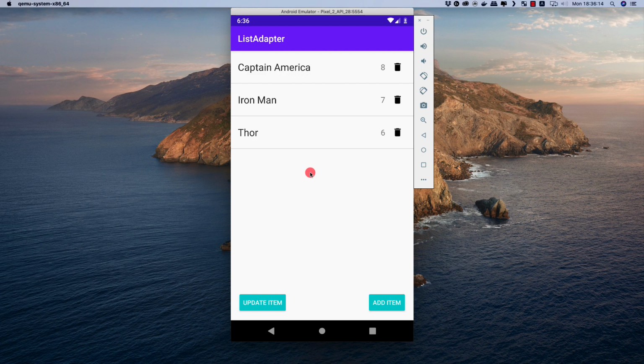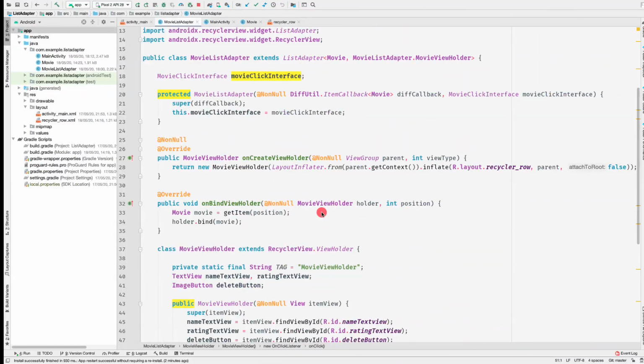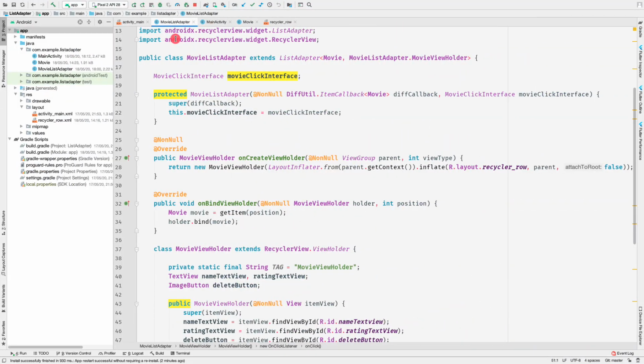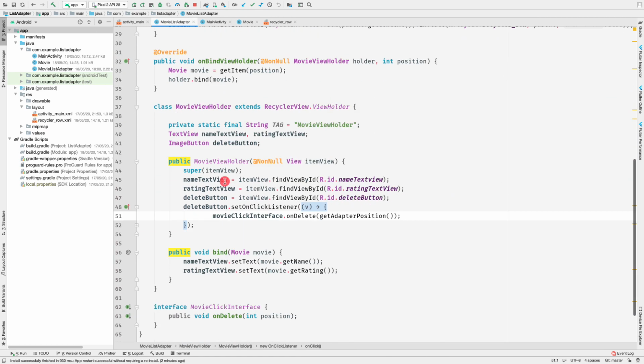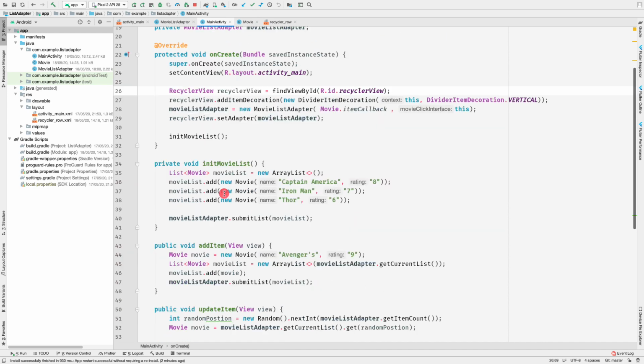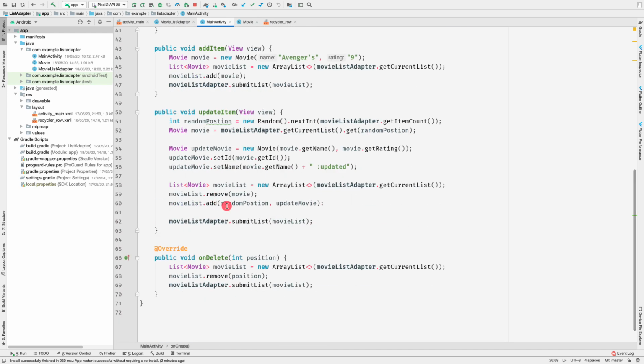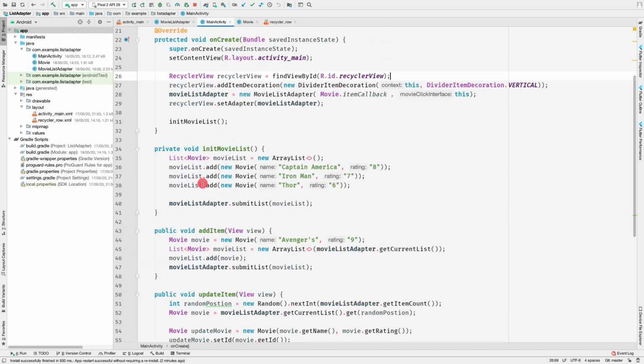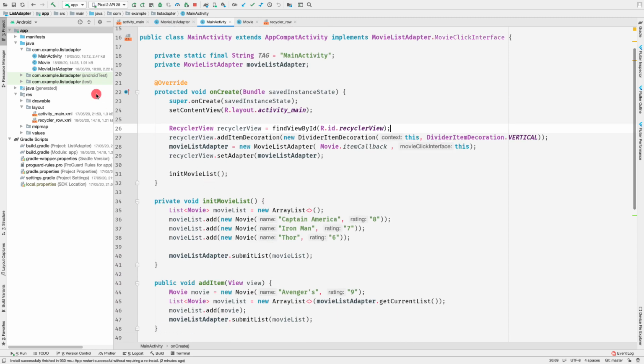And the logic would remain the same, that is everything that is happening here, if we delete here, would be same in this video also. If we add the item, it would be same, but the only difference being that we'll be using view model instead of doing everything inside our main activity. So as we can see here, this is the movie list adapter that we created in the previous video, and this is the main activity. And here we have initialized the list, then we added the item, updated the item, and then deleted the item. So firstly what I'll do, I'll simply create a new class here.